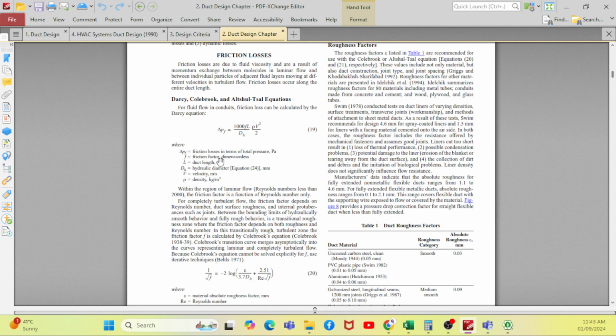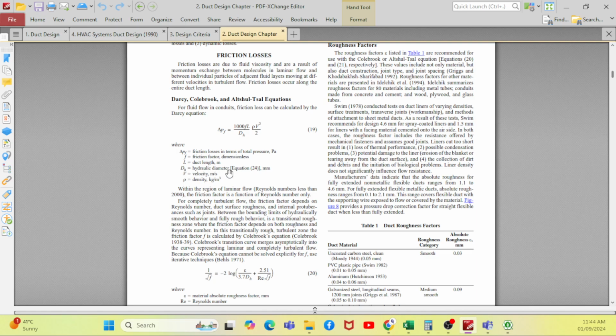Okay, that one you can get directly from the ASHRAE software. That is why I informed everyone to install the ASHRAE software, which is very user friendly, so that you can get all the information. If you calculate other things, which is very simple, the L equals duct length, the hydraulic diameter,